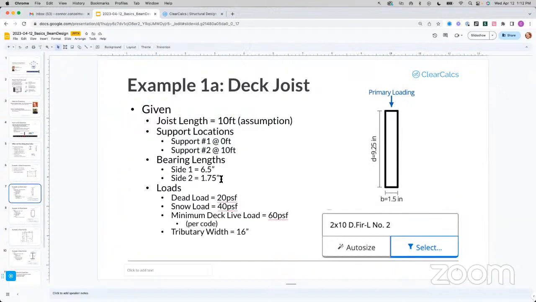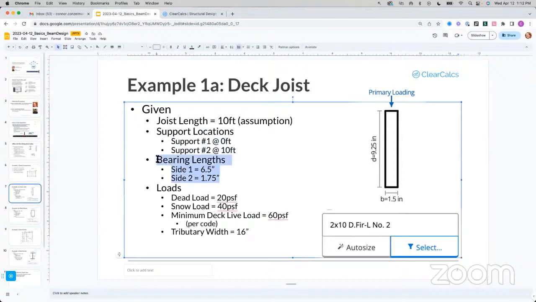Whoops, scroll down there. Next is our bearing lengths. As you know, if you're a ClearCalcs user or a ClearCalcs trialist, or if you've just seen a ClearCalcs calculator at all, we're also looking at bearing when we're doing our wood beam calculations. I'll give a quick caveat here that